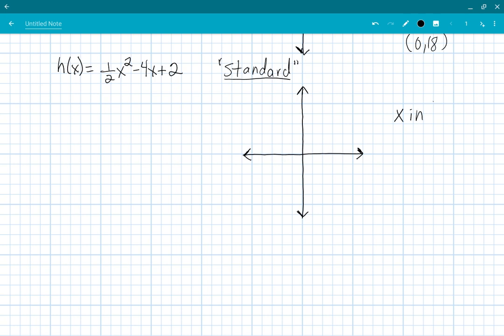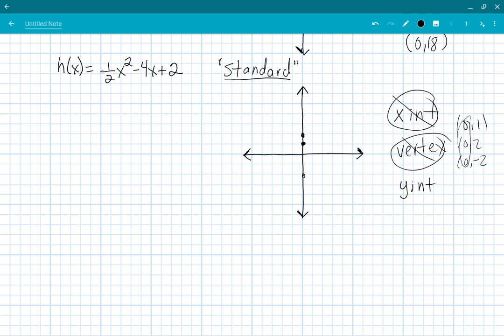So x-intercepts, nope, not easy. Vertex, nope, not easy either. What about the y-intercept? What x is right here? What's the x value there? What is this coordinate? That's 0, 1. What's this coordinate right here? 0, 2. What's this coordinate right there? 0, -2. So we do know the x, and that is 0. So x equals 0